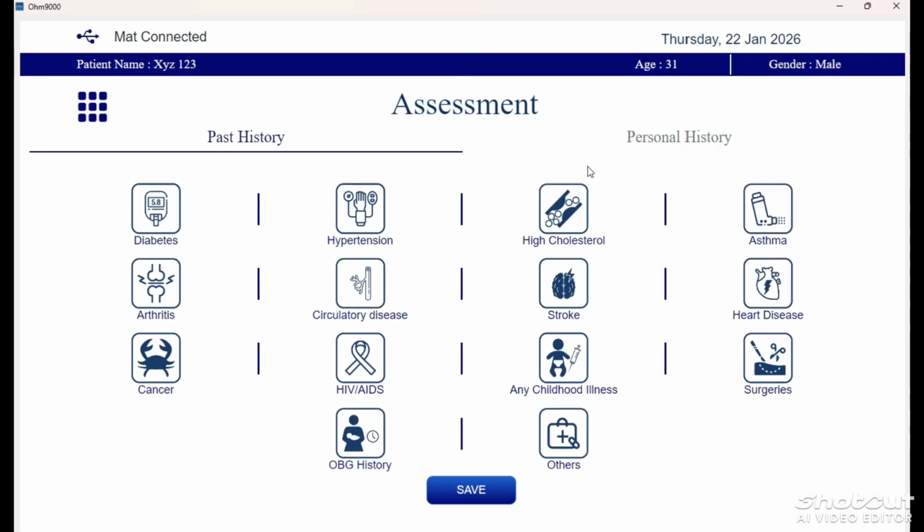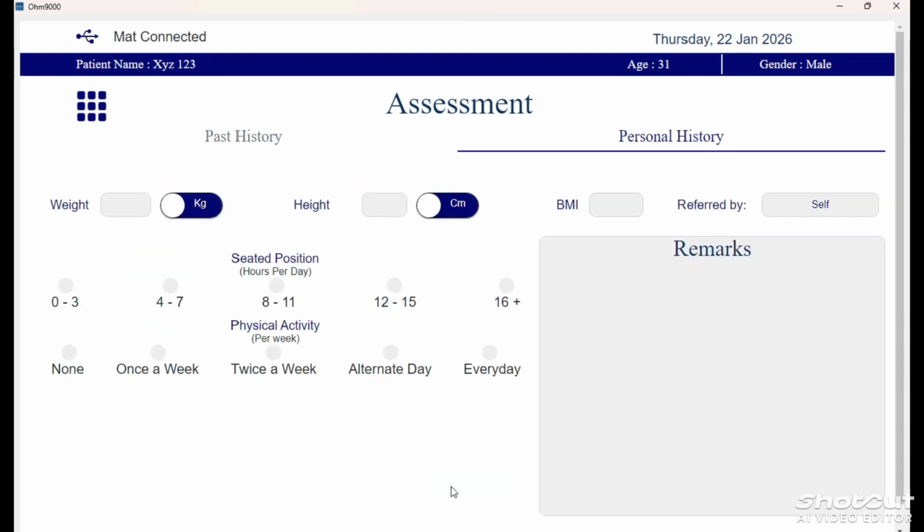If the patient has any type of past history from the given options, like diabetes, cancer, HIV and others, then click on it and then click on the save button. Next to the personal history we need to add weight, height, and BMI is automatically calculated when we add weight and height.